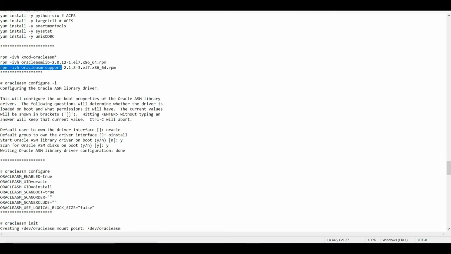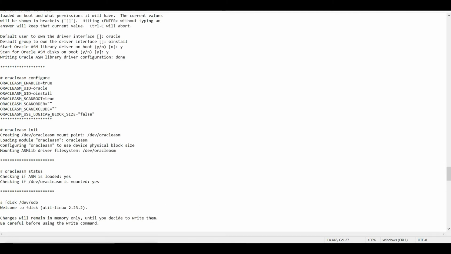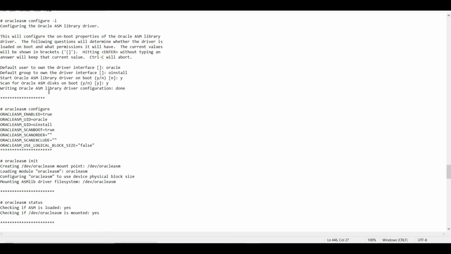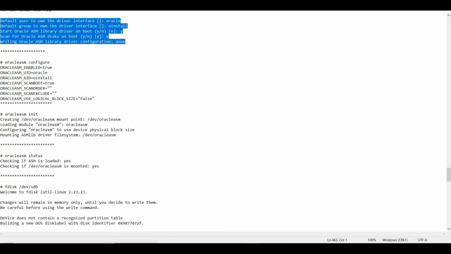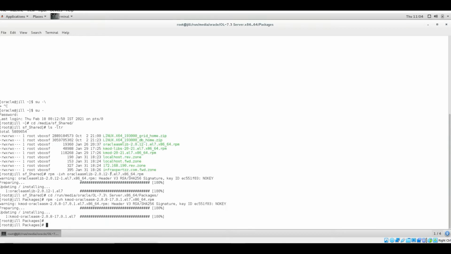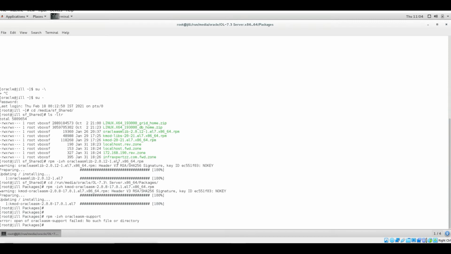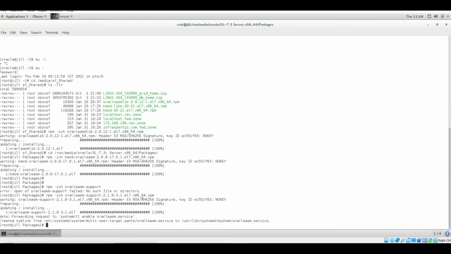Now, since that is running, let me do one thing. Let me create the disk first. This I will do in the latter phase. Let me partition the disk and then proceed. Or let us wait for Node 2 to complete also, and then we can proceed likewise. So my RPM is installed in Node 2. Let me install the support RPM. So this has also been done.